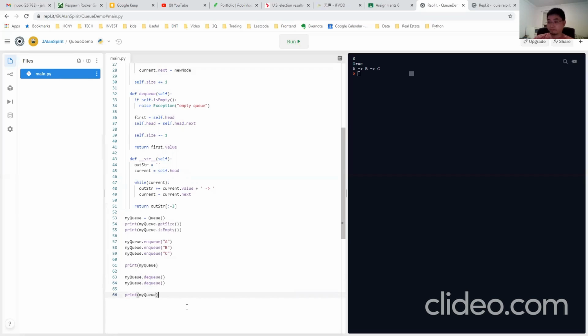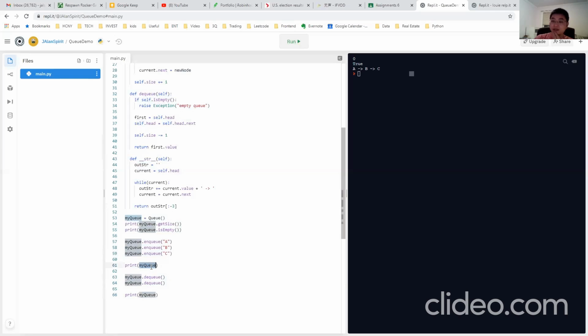In my code, I enqueue 3 values, dequeue 2 times, and then print out the q. What will be left in the q? None. Are you sure? You enqueue 3 values at that moment.